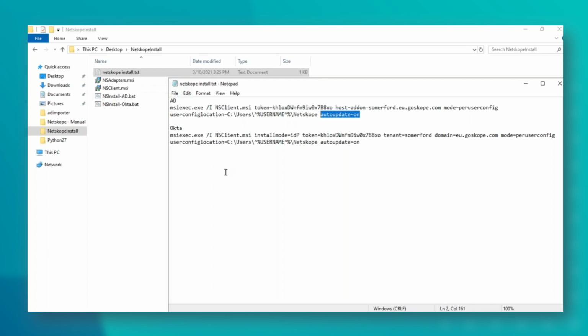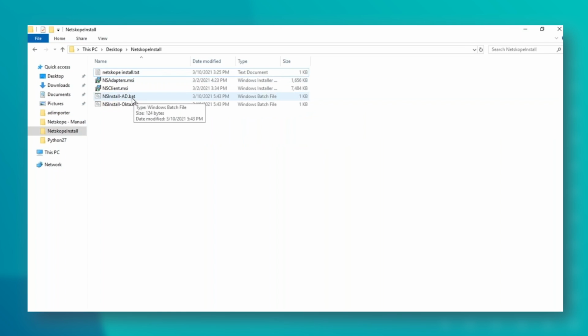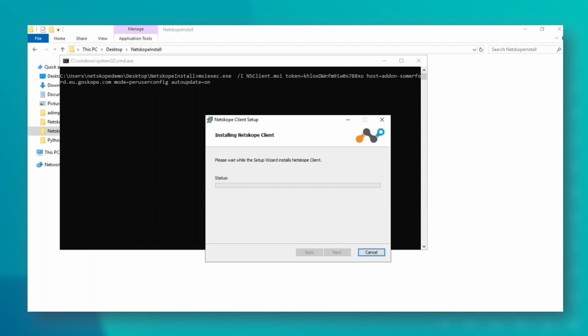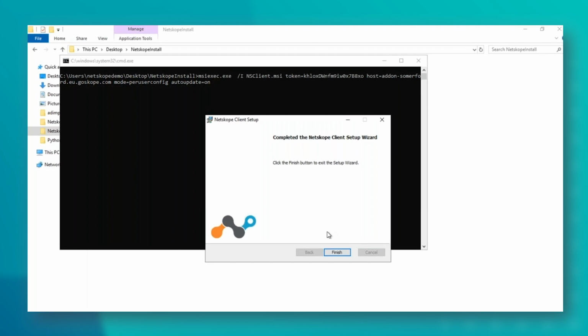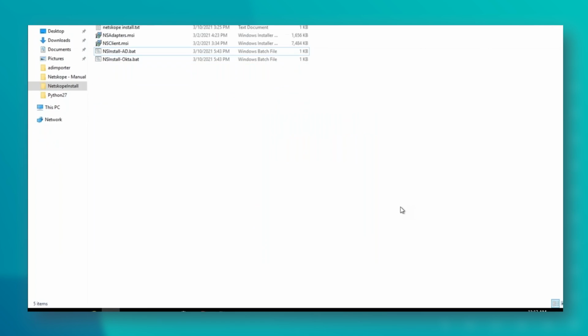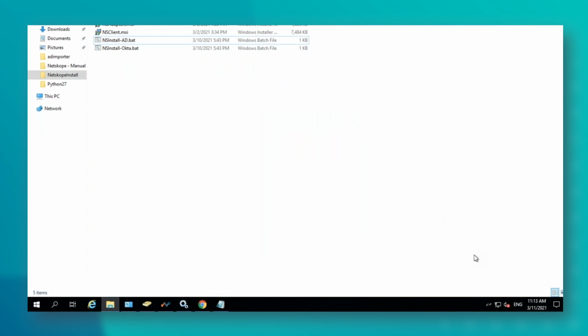So I've just got a little bat file here that will install the tenant for me. You can see in the background that it's just running that exact same command that we did. I'm not changing the user location for the settings is the only difference. So this will only take a couple of seconds. And that's it done. So that can be run silently behind the scenes. Users don't even know it's happening. And you can see in the bottom right-hand side, I have a client. It goes blue or colored, meaning that it's now connected.